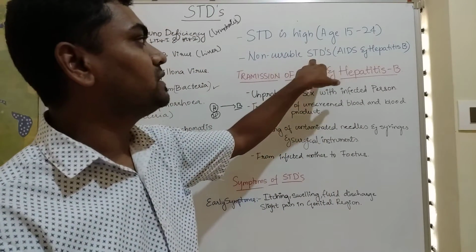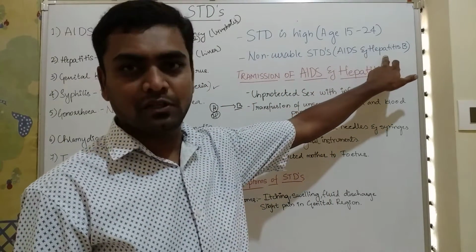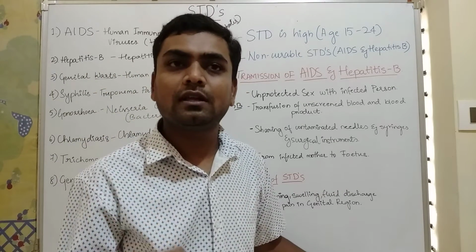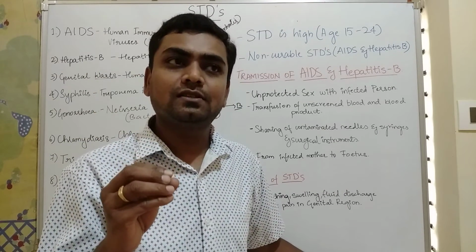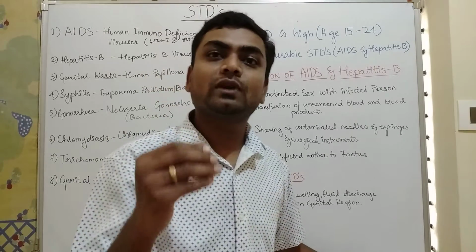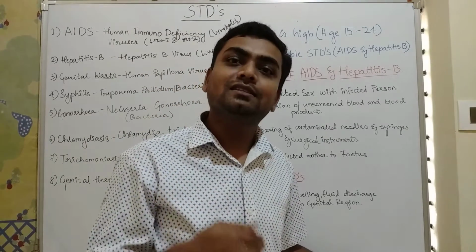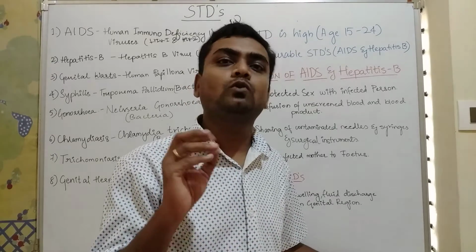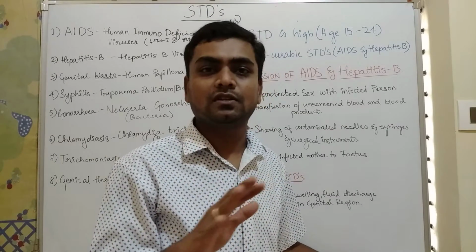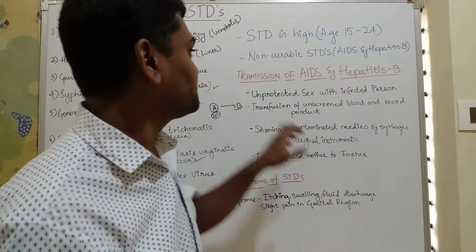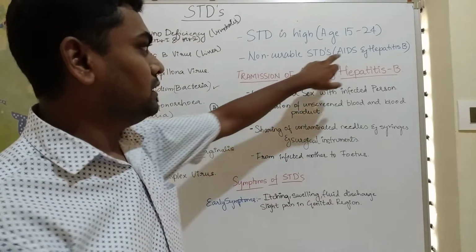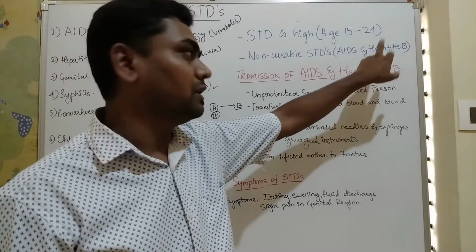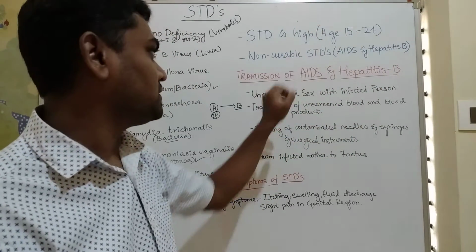Non-curable STDs are usually AIDS and Hepatitis B. We can stop the inflammation. I am not telling that if you get that disease, in the initial stage we can stop the inflammation and there are chances of getting cured, but not 100%. There will be some 1 to 2% remaining. 100% is not possible. Next, AIDS, lymphocytes; Hepatitis B, liver, the main site of infection.